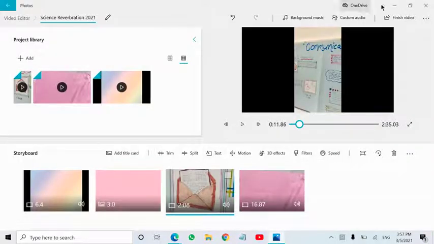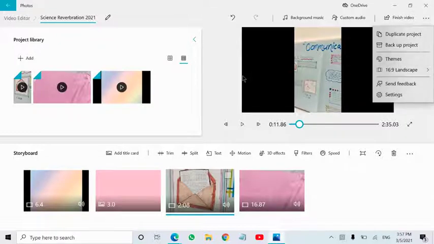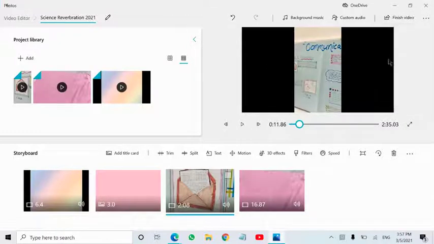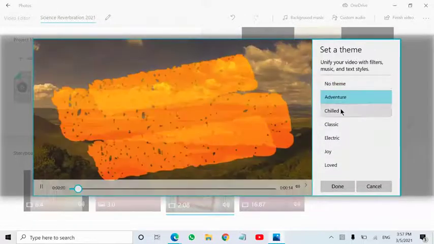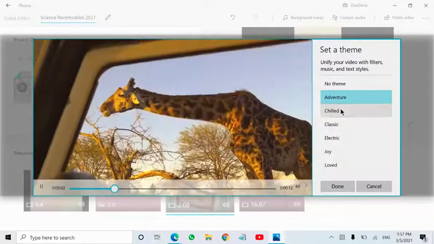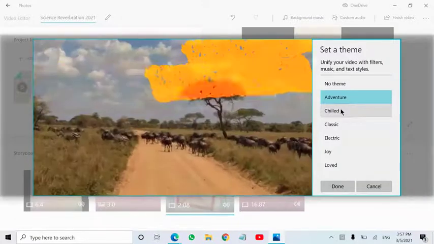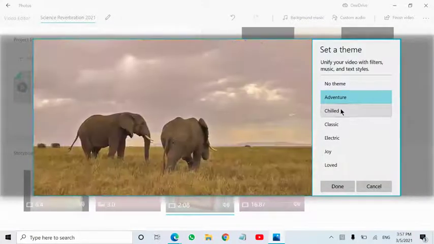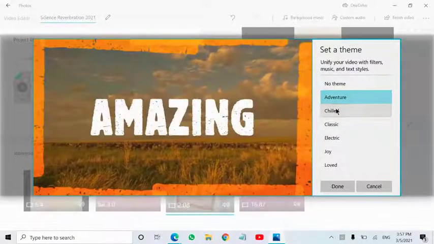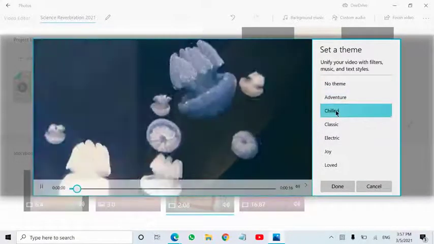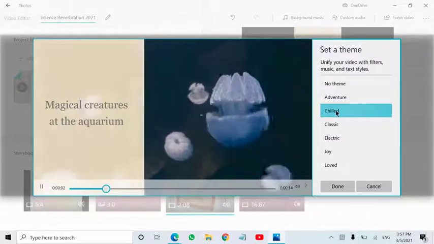And what else is there? Then you can directly finish your video. Theme, let's see what's the theme. Okay, so this is a type of our video: unify your video with filters, music and text styles. Okay, so it's showing a bit how we can use it.